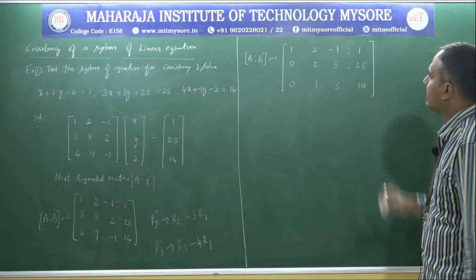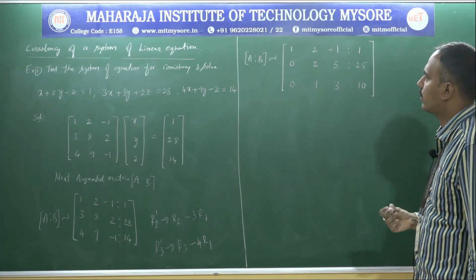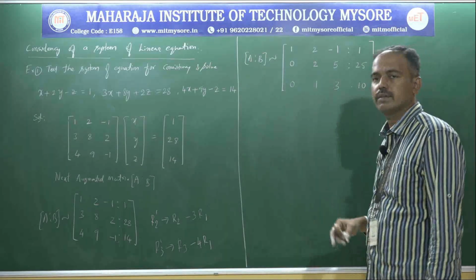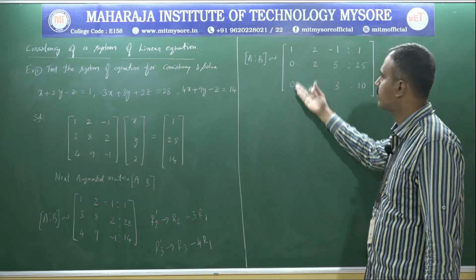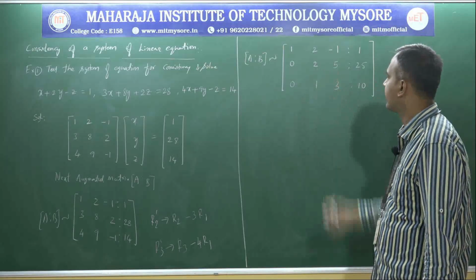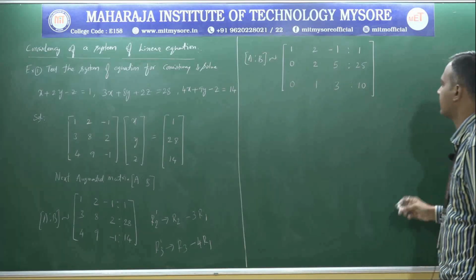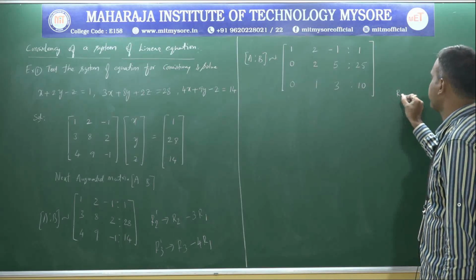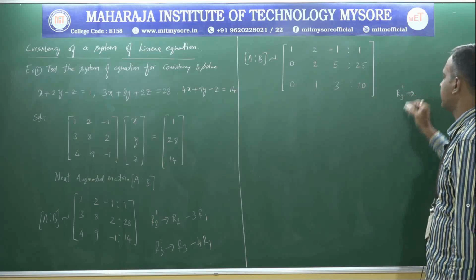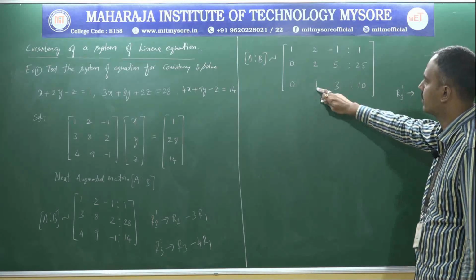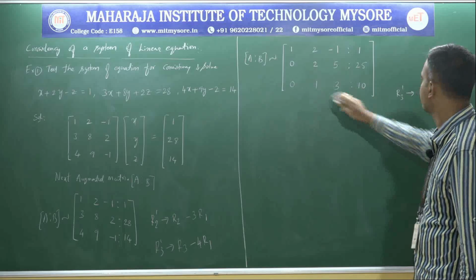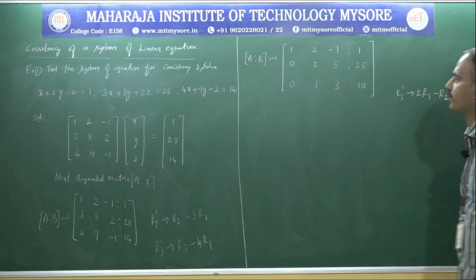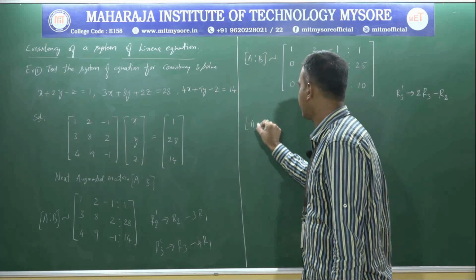Now apply the row reduced echelon form in such a way that the leading entry is 1 and all the column elements below the leading entry are 0; try to make that here, 0 here. Now we can apply the transformation for the next matrix representation: R3 dash changes, 0 here, now the 2 into R3 minus R2, now we can denote here.